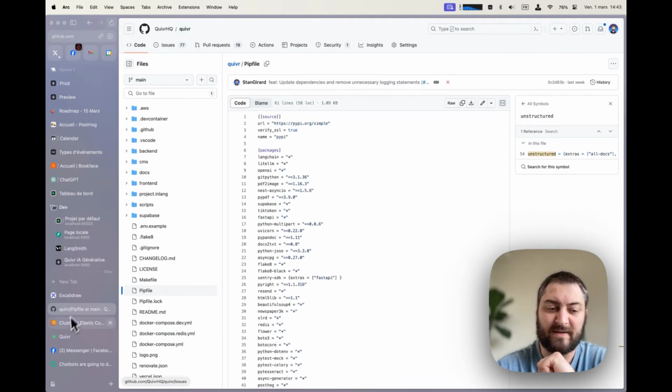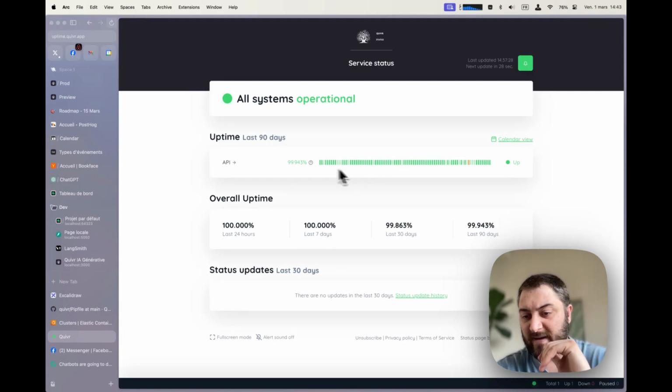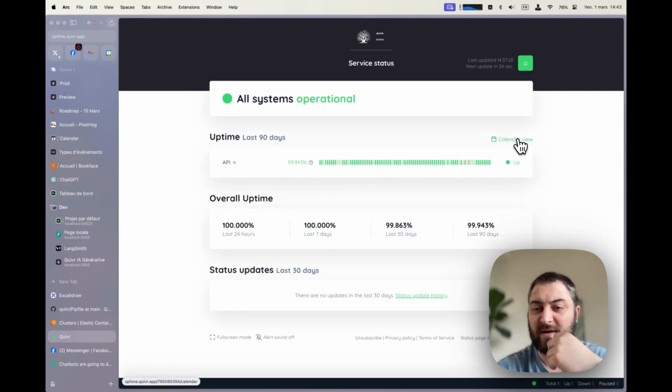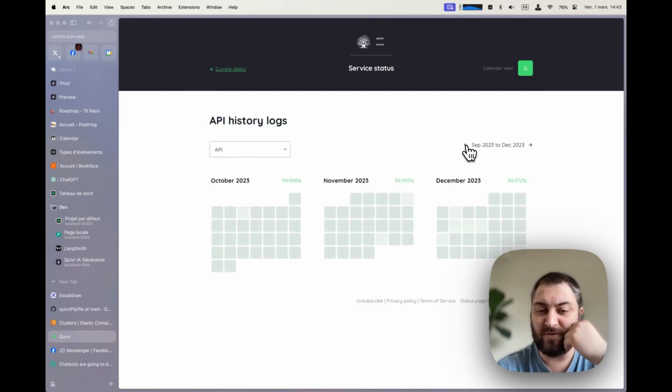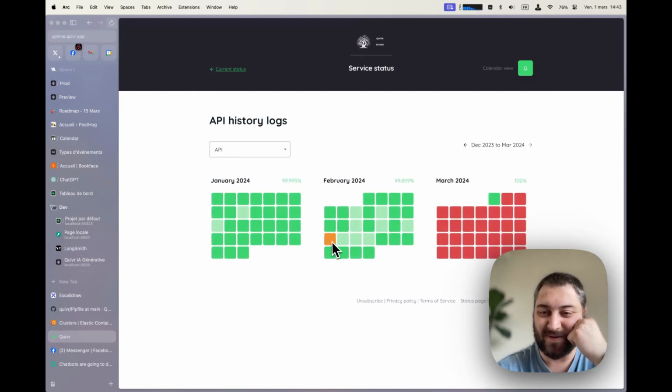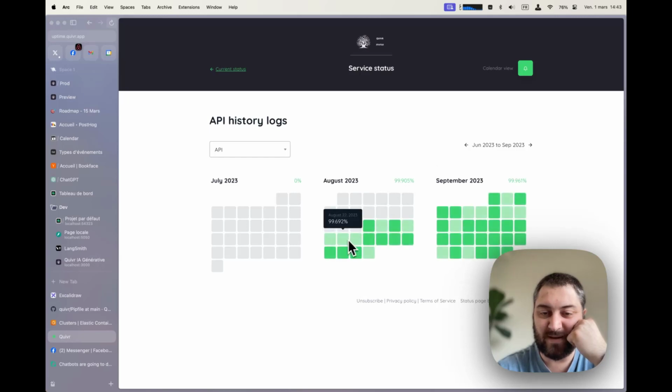So how does Quiver work currently? And this is one of the things that you really need to be careful about. A few months back, at the beginning of Quiver, if we look at the uptime of Quiver, we had an issue last week. If we look back in time here, you can see that most of the days it was not very good.